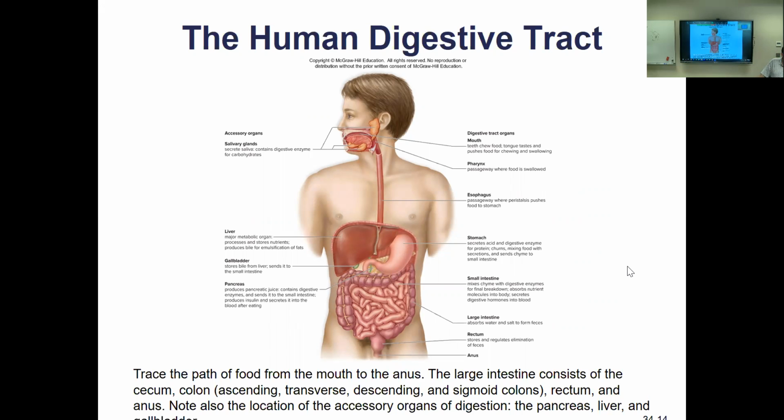So this girl, it was a girl, usually it's a boy who does stupid stuff in my class, but it was a girl, and she had the food going from the mouth to the esophagus to the stomach, from the stomach to the testicle, back to the duodenum.